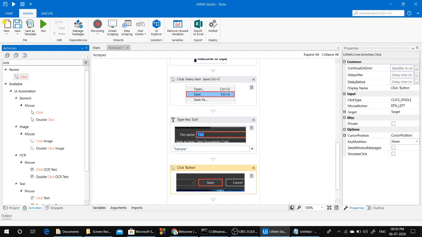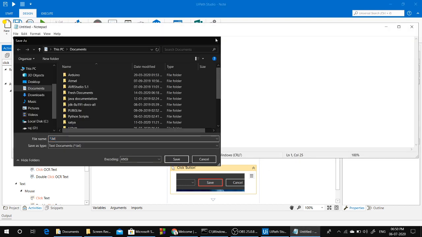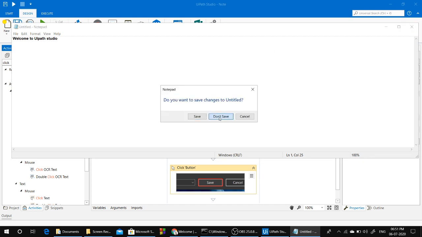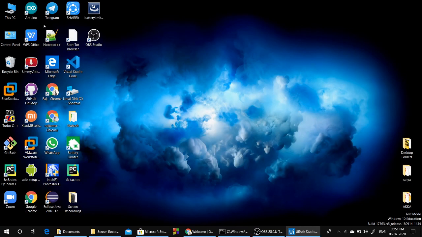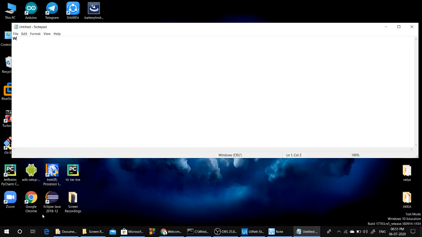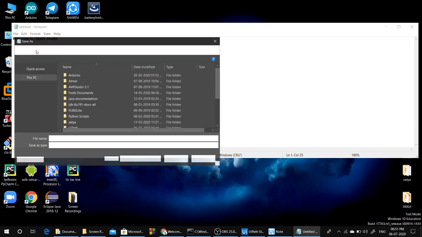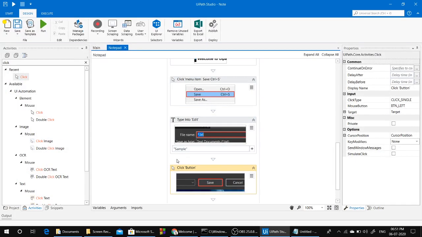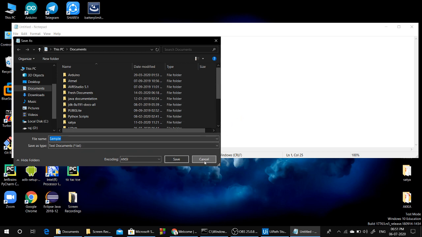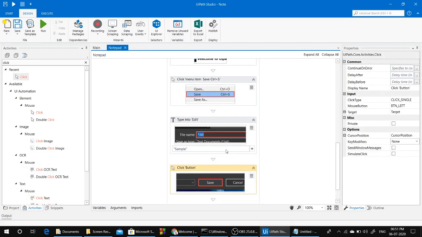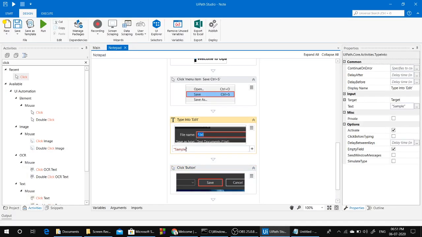Let's check whether it is perfectly working or not. Close this and don't save. Save this and run. Okay, sample.txt already exists. So we have to give another name, like sample notepad.